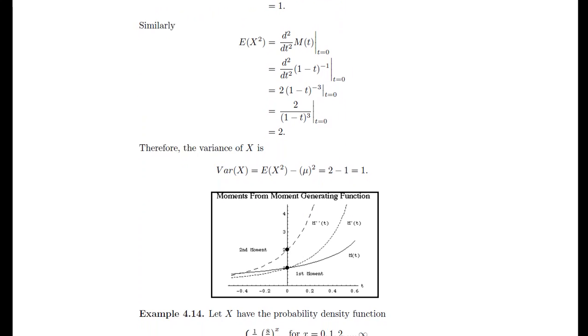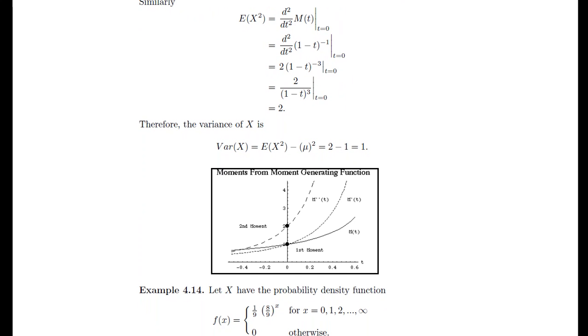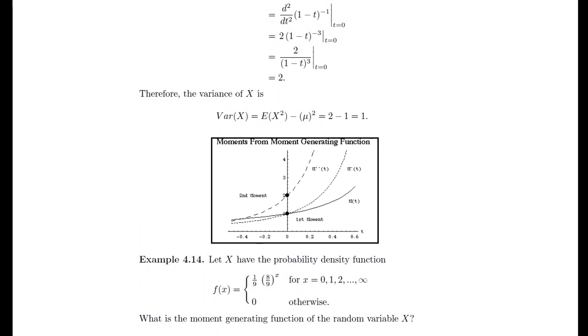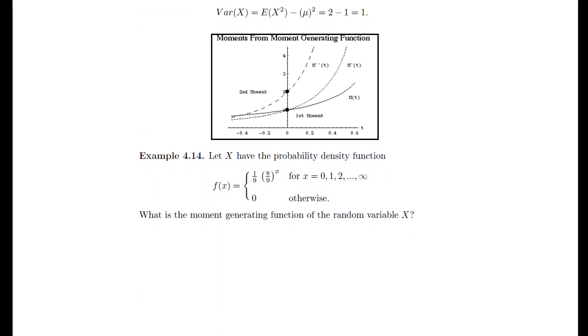Therefore, the variance of x is equal to the expected value of x squared minus mu squared, which is equal to 2 minus 1, which is equal to 1. Another example,